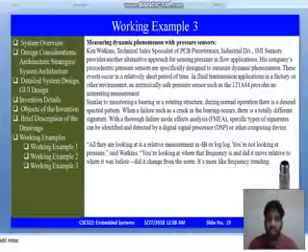And let's go to working example 3. Measuring dynamic phenomena with pressure sensors. Ken Watkins, technical sales specialist of PCB Industries, says their sensors provide yet another alternative approach of sensing pressure in flow applications. His company's piezoelectric pressure sensors are specifically designed to measure dynamic phenomena. These events occur in a relatively short period of time in fluid transmission applications in a factory or other